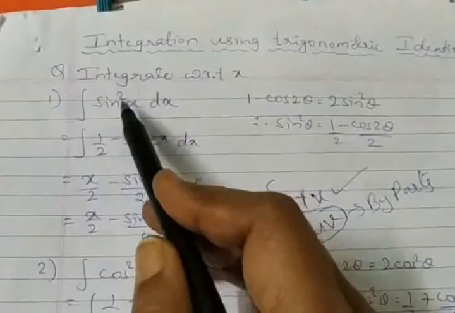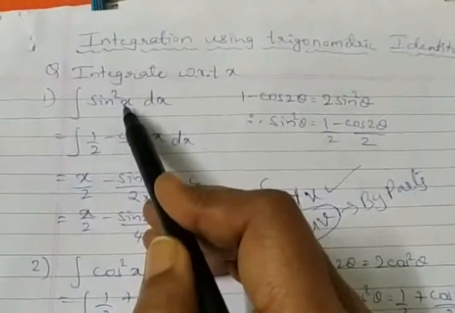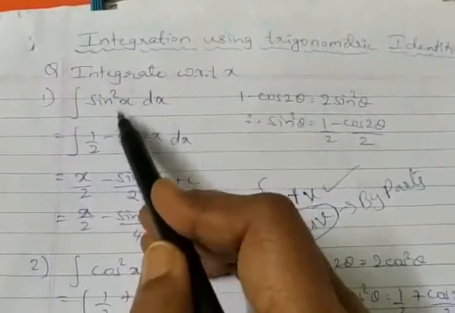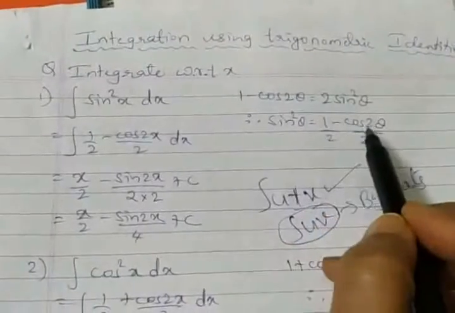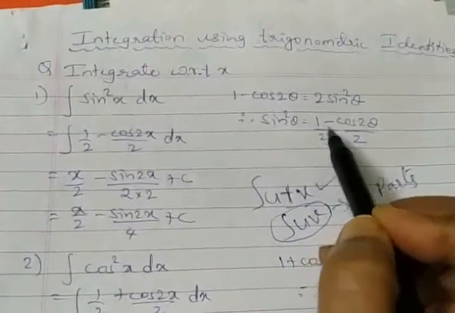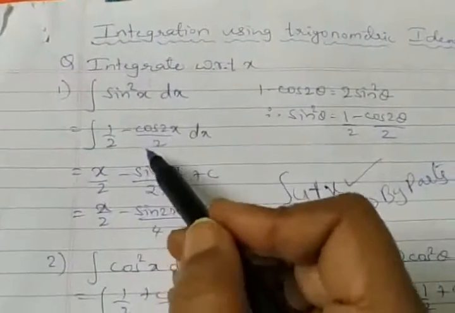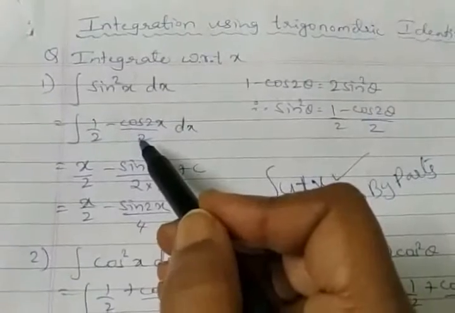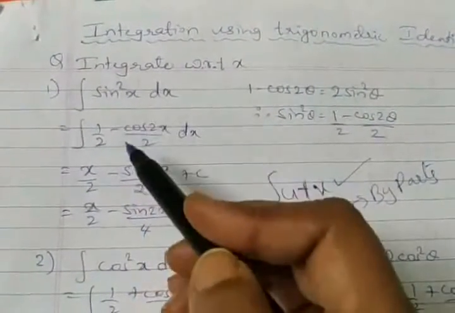Shortly in the numerical part they may ask you integration of sin square 3x. They may ask you 4x. Same formula I'm going to use here. Only this term, angle you have to balance, and again the same relation will be used. Only the angle you have to balance and then come for integration. Anyway, shortly I'll go for that part discussion also. Let's first have a simple example, that is sin square x.